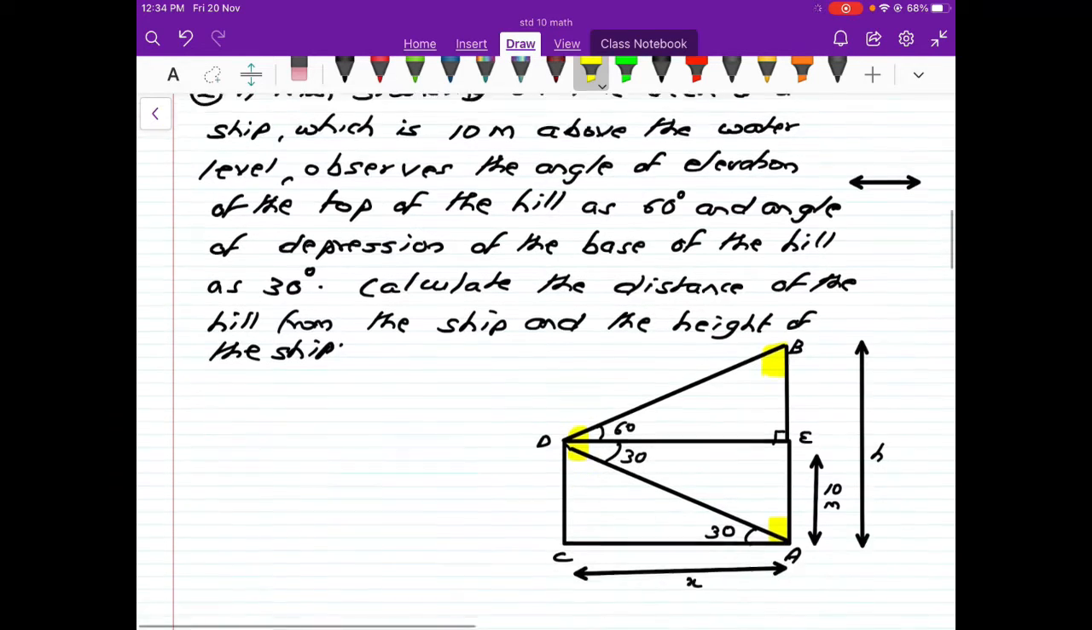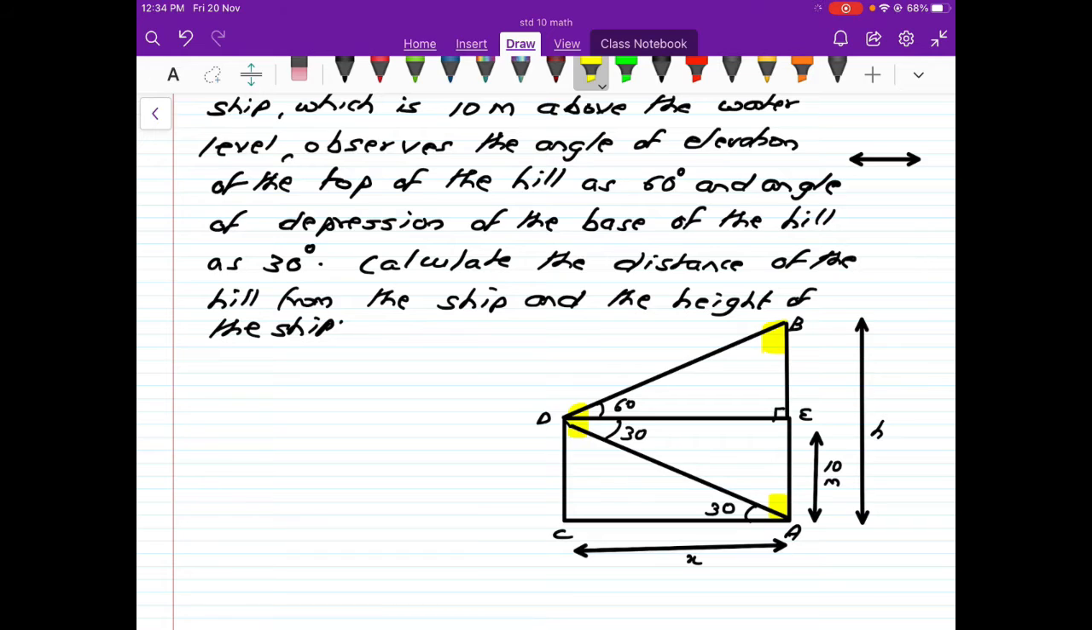Now we have to find two things: the distance of the hill from the ship and the height of the hill. Or the height of the ship. Two things we have to find. So we will just start doing this. So just see the diagram. In this diagram we will say